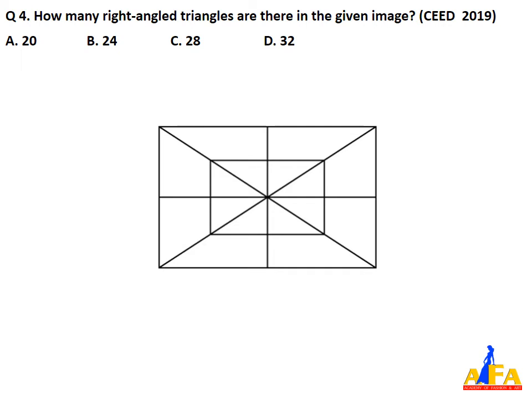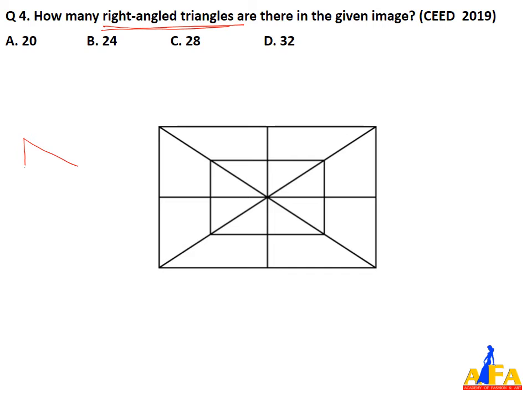Okay, so next question, we can see that there is written a right angle triangle, right? Try to read questions carefully. If you read triangles in a hurry, then the answer will come wrong. Okay, because a right angle triangle is different from a simple triangle. Okay, so you have to calculate right angle triangles.